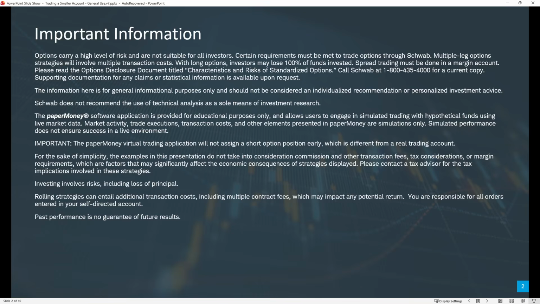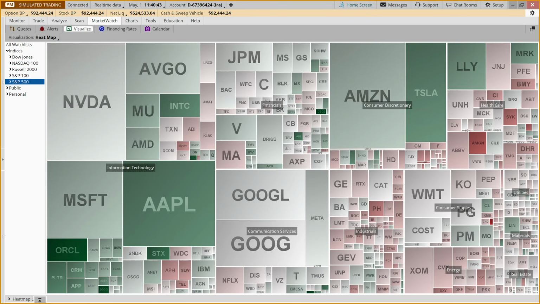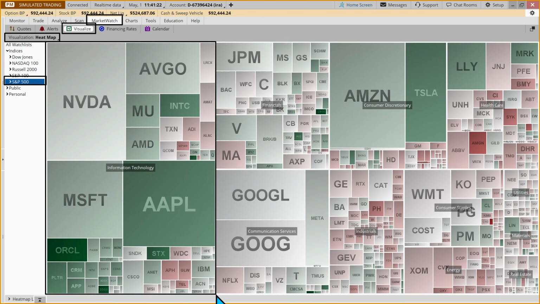Okay, so let's bring up our MarketWatch tab. And to find this on the thinkorswim platform, we are simply going to go to this MarketWatch tab, and then we're going to go to visualize, and then under visualization we're choosing heat map. Now what I have up here is the S&P 500, but you can bring up any number of watch lists. In fact, if you have a personal watch list, you could bring that up as well. But if we look at the S&P, which is made up of 500 stocks, you can see there's a slightly wider white band around each sector, but we can see here that all sectors are not created equal